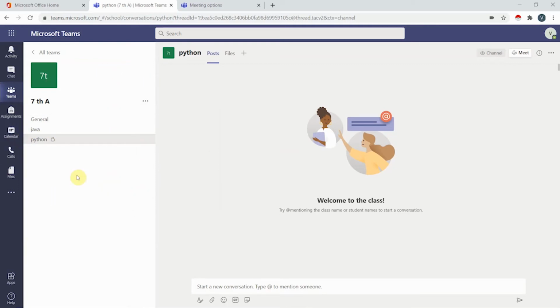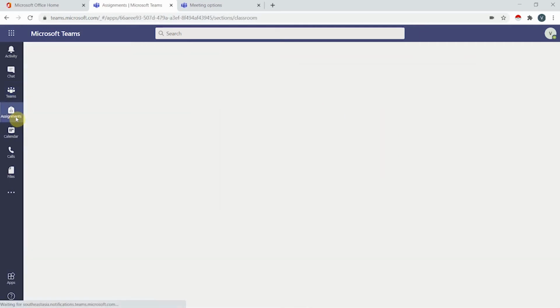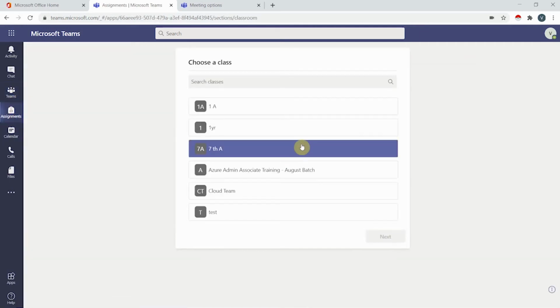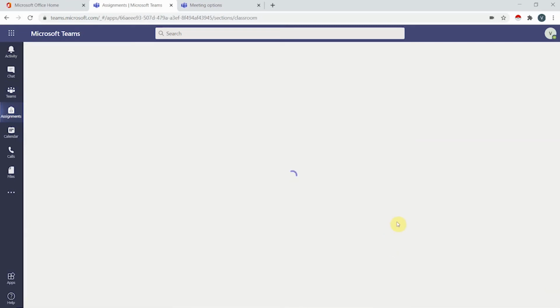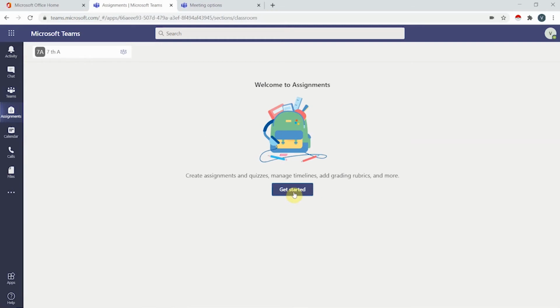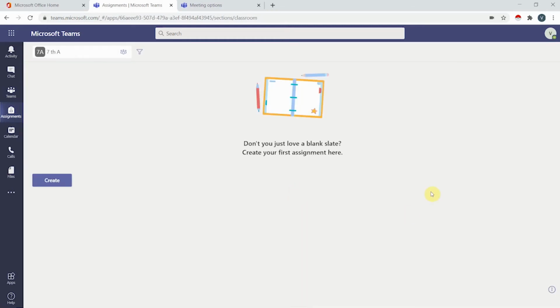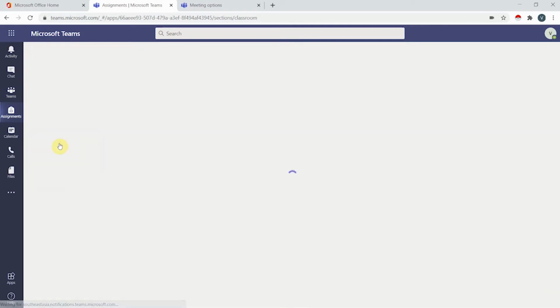And you can create the channels like this. And after that, the next section is assignments. If we click here, we can create an assignment. Okay, so our class is here, 7th A. Click here and give next. So here is the option to get started. Click get started, and click create, and here we can see assignment. Click that assignment,